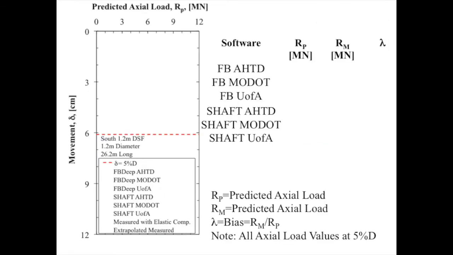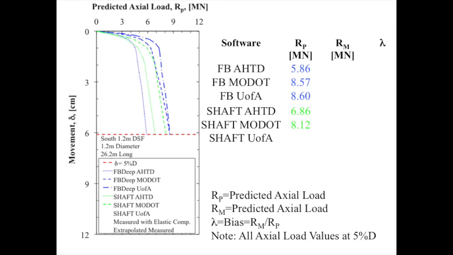The denominator of the bias factor is the predicted capacity. Using the geotechnical software packages and the geotechnical engineering parameters that were described in the previous videos related to the AHTD TRC-1204 project, predicted capacities of 5.86 meganewtons, 8.57 meganewtons, 8.60 meganewtons, 6.86 meganewtons, 8.12 meganewtons, and 9.15 meganewtons were obtained when the data from the AHTD, MoDOT, and U of A geotechnical investigation methods were utilized within the FBD